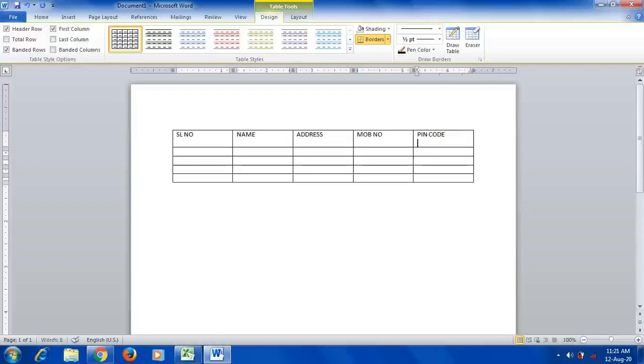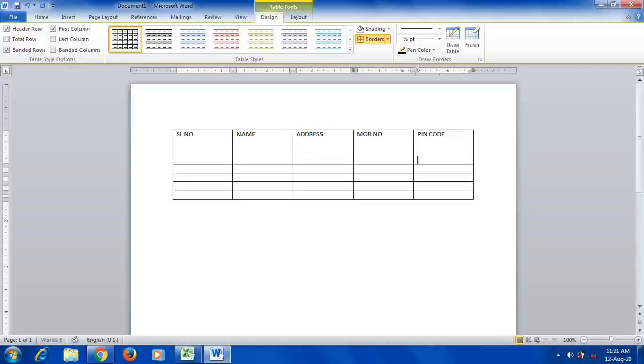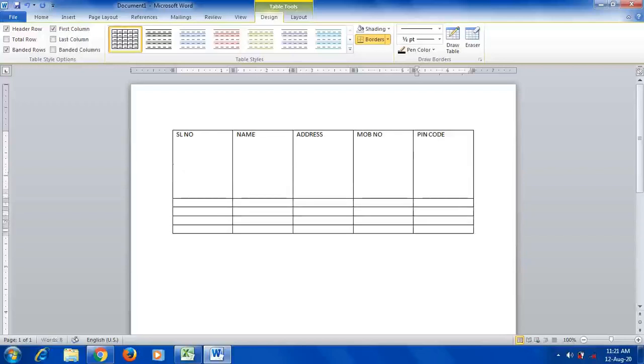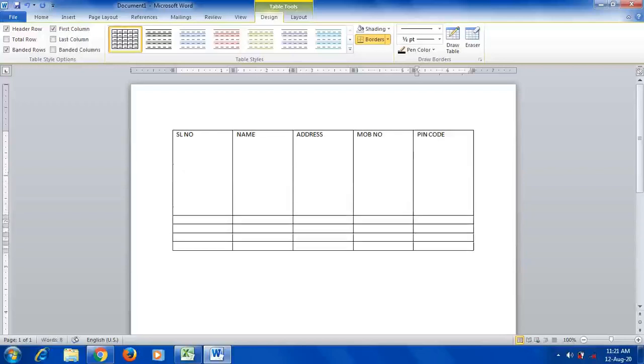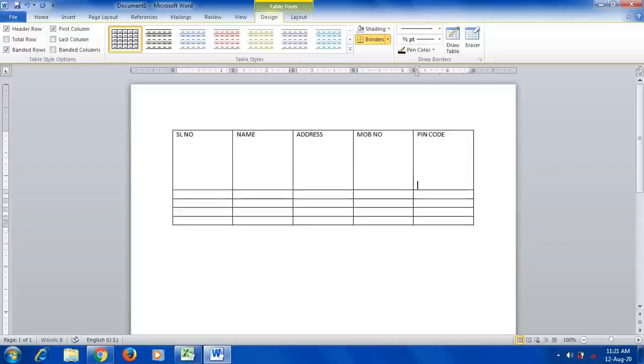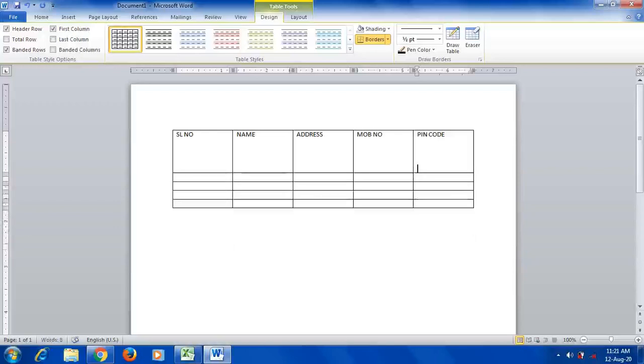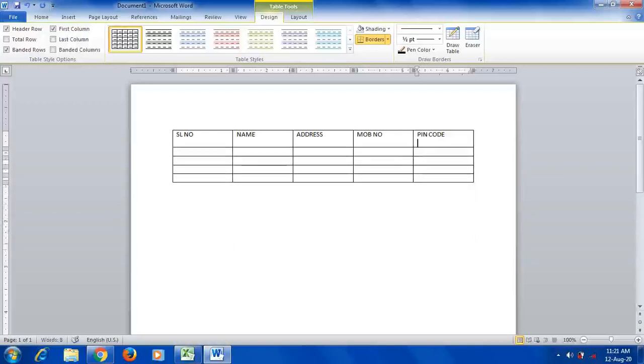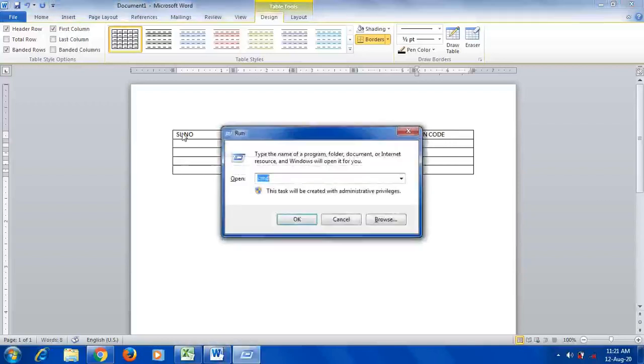Now when you press the Enter key here, the height of that particular row gets increased. As I go on pressing the Enter key, the height keeps increasing. Understood? To remove that, I am now pressing the Backspace button. When you press Backspace to take the cursor back, the height automatically decreases. Now we want the cursor in the next row. Got it? When we want the cursor in the next row, let me open the on-screen keyboard.